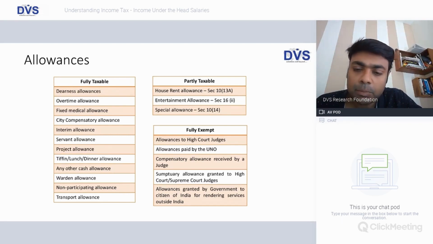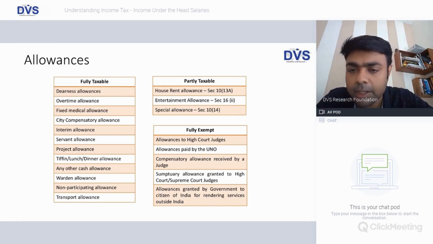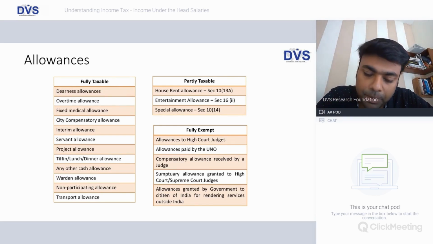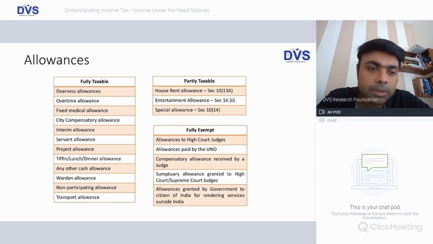Then we look at the case for perquisites, which are benefits which are being offered to an employee. Invariably, these are in kind, where the employer is going to give you a car. That's a classic case of a perquisite. Now, after this, we have retirement benefits, which is typically your provident fund, pension, and all those contributions. Then we also have something called as profits in lieu of salary. Each of these have its own set of variations and how they are categorized in terms of exemptions. Let's now look at each of these.